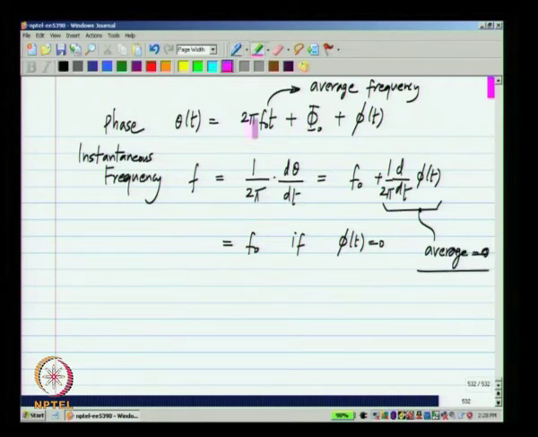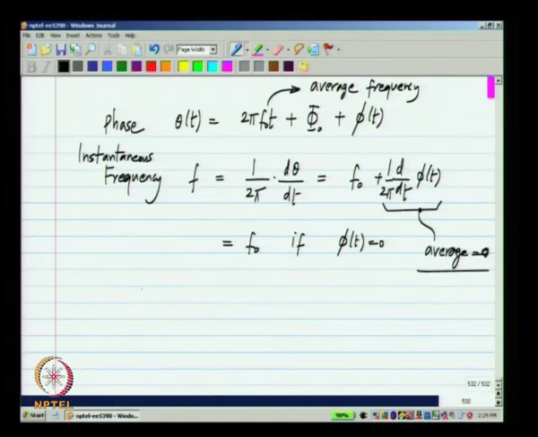So, earlier I said that anything that is ramping up is captured here, the constant offset is captured here, and the time varying part with 0 average is captured here. Similarly, the average frequency is captured in this one, and the time variations on top of that are captured in that one, which has an average of 0. So, it is important to get familiar and comfortable with this. You would have come across this in communication systems if you have taken such courses. When you study modulation and so on, the notion of generalized frequency is very important in frequency modulation and phase modulation, and it is also important for us for the study of phase lock loops.